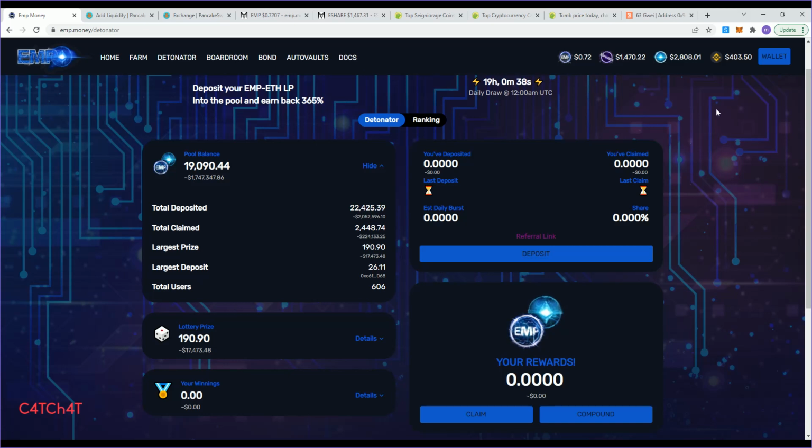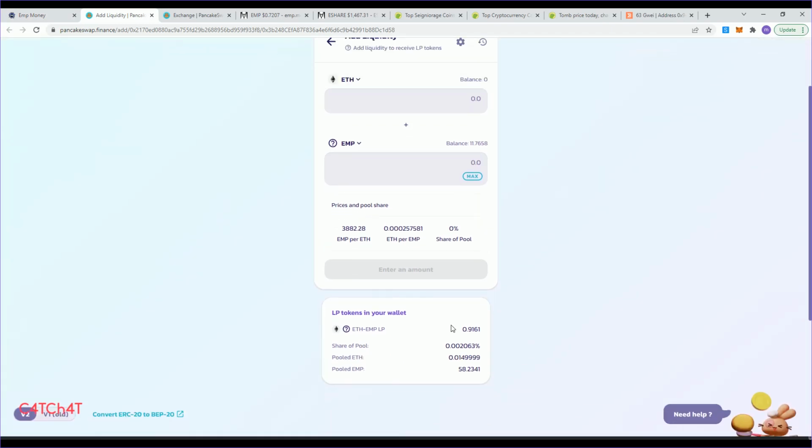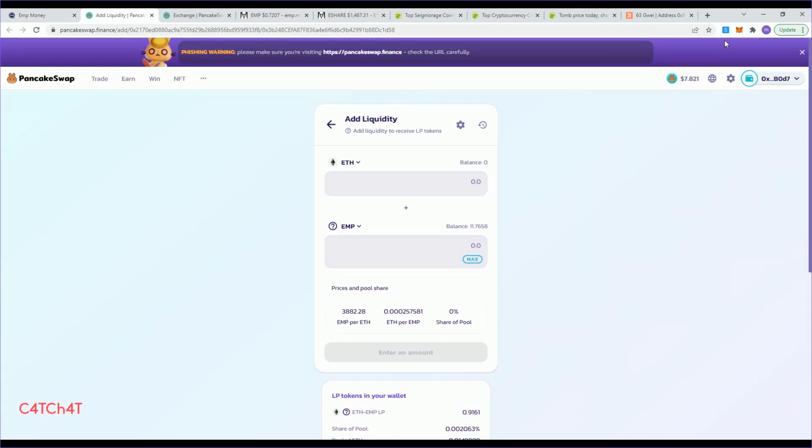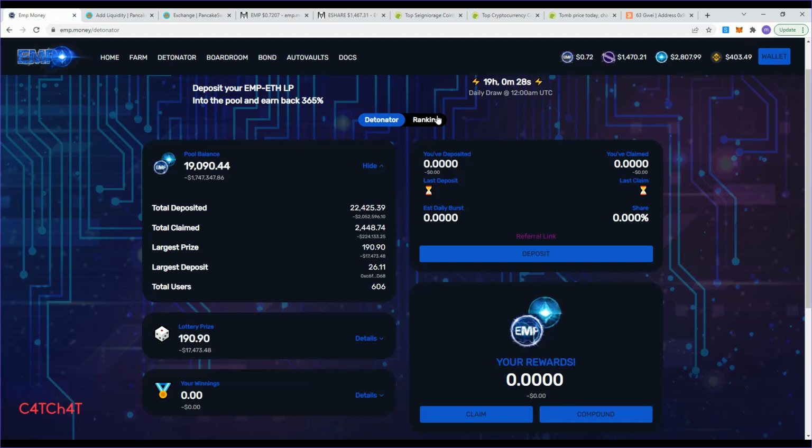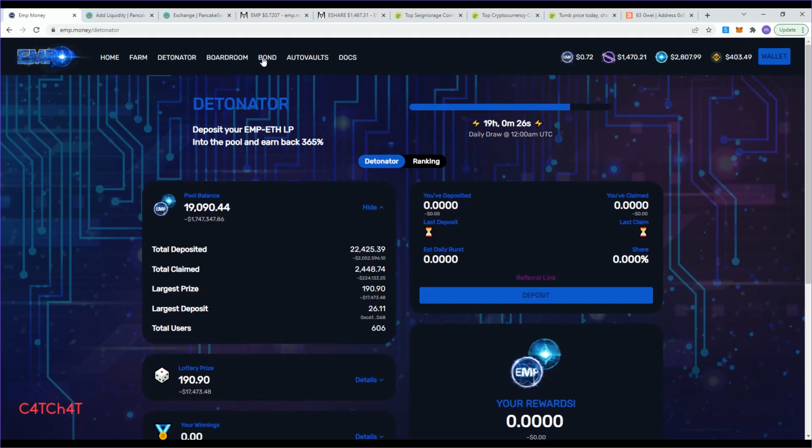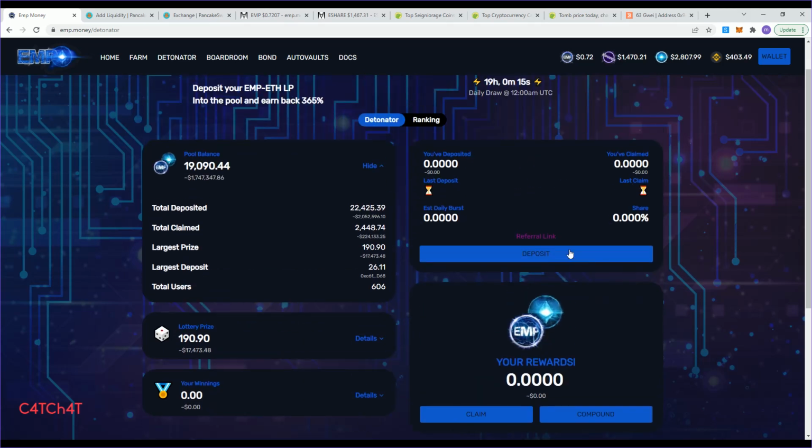And what it's going to allow to happen is your LP pair that you have here in your wallet, it's going to allow the EMP Detonator contract to use that LP. So what we can do is we can look and see, okay, boom, okay, deposit.